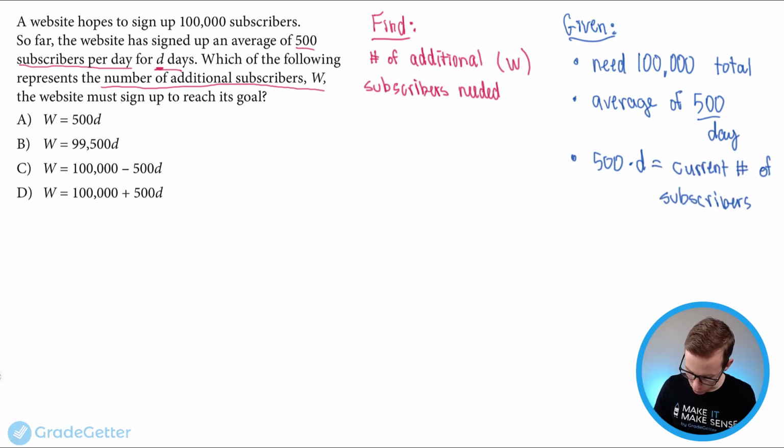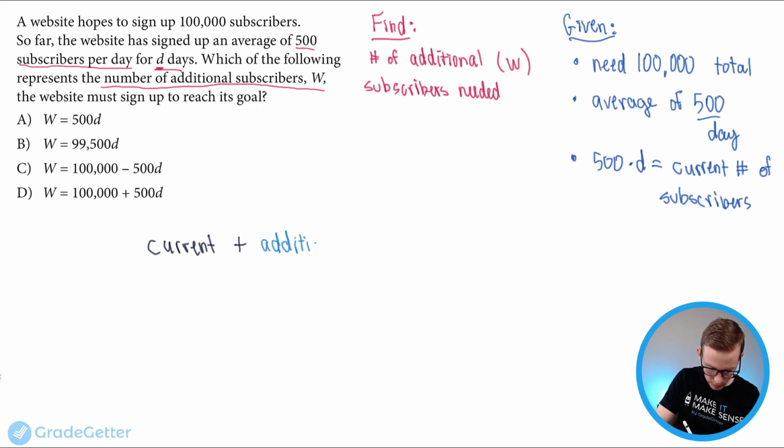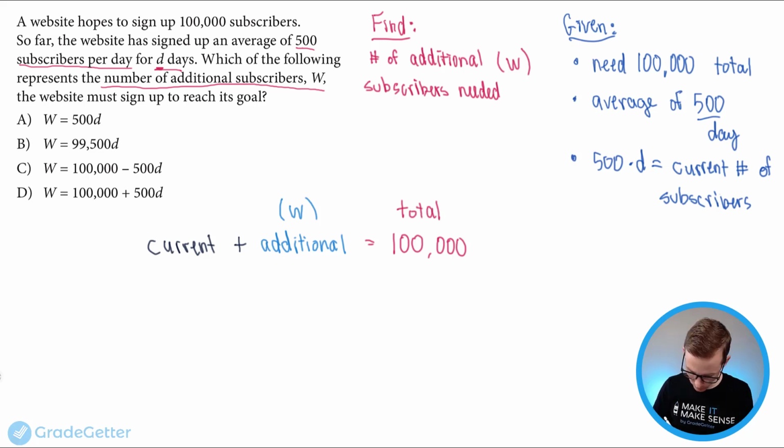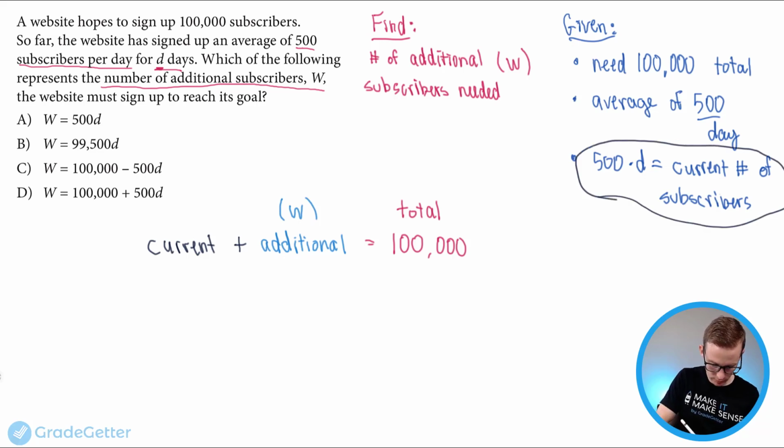So if we were to come up with an equation to make sense of all of this, we could say that the current number of subscribers plus the additional number of subscribers that you need, this is our W, right, should equal the total amount that we need, which is 100,000. So this should equal our total needed. So if our current, which we said is 500 times D, so 500 times D plus our additional needed, which we're saying is W, and that equals